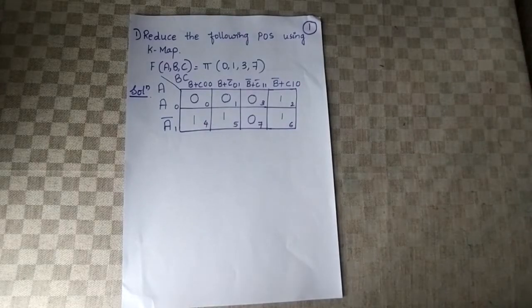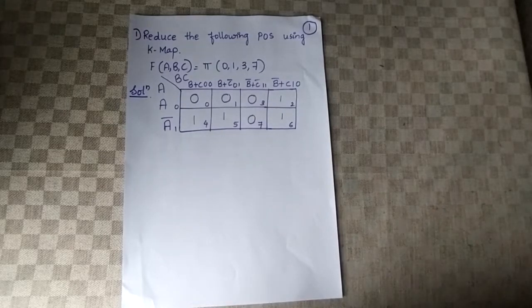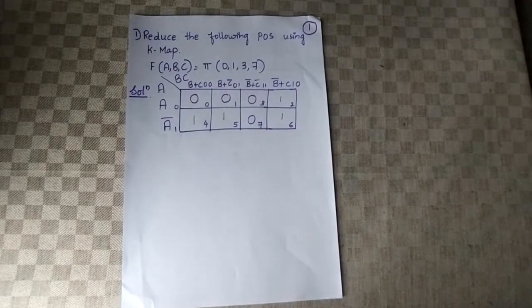change. In case of min terms, we are grouping ones, but in terms of max terms, we have to group zeros. I repeat, when we are grouping using min terms, we have to group ones, that is in terms of pair, quad, octet. But when we are grouping using max terms, we have to go for grouping of zeros.